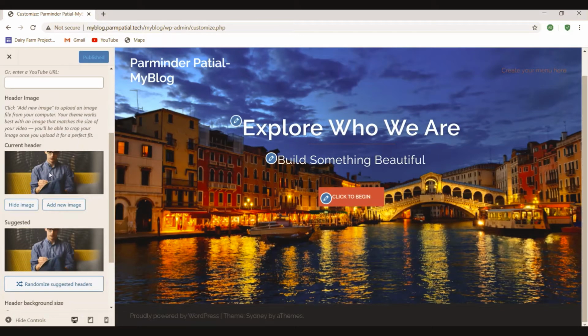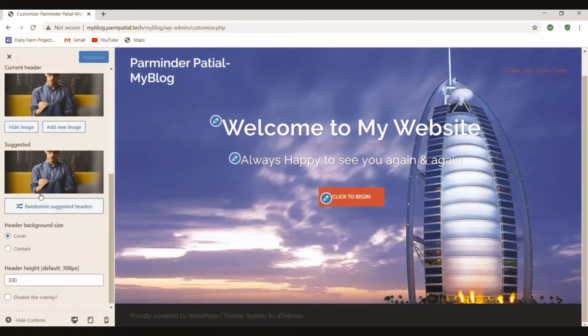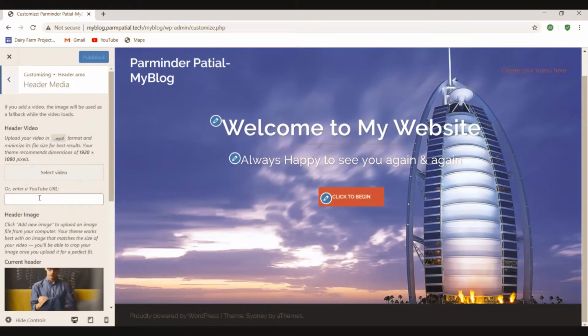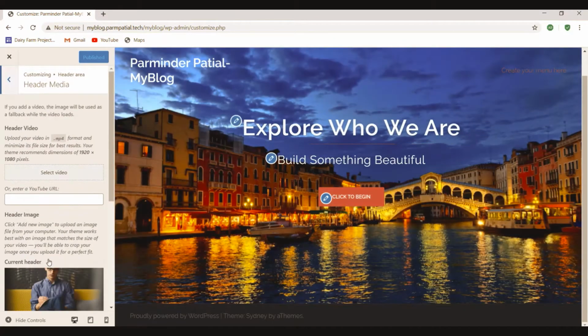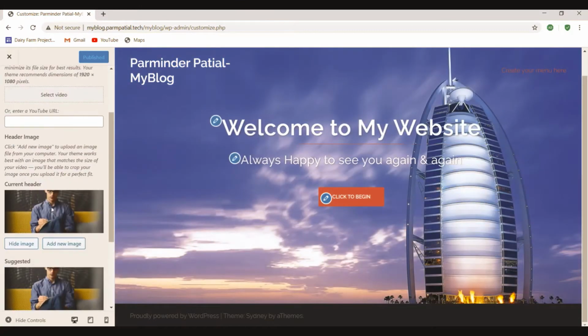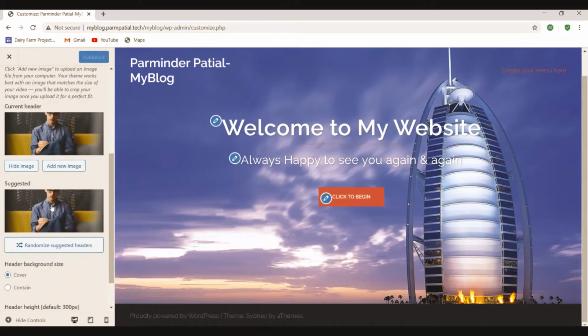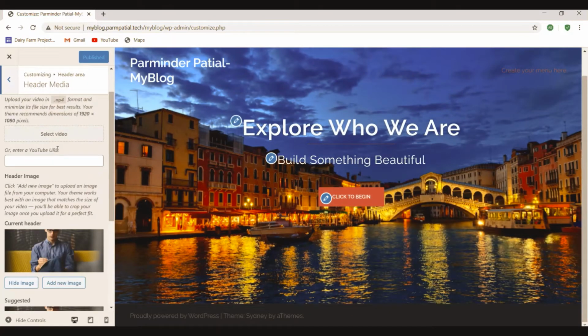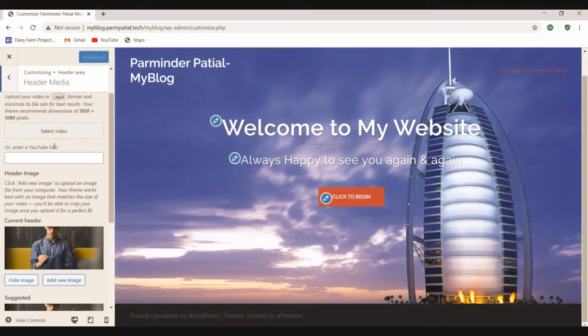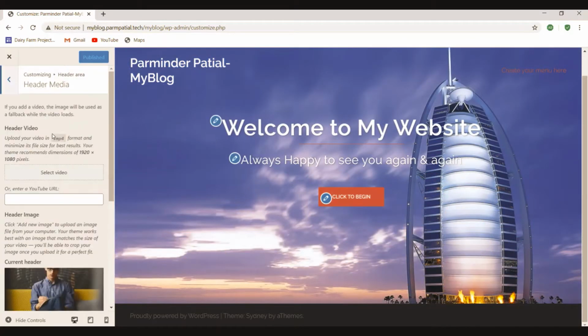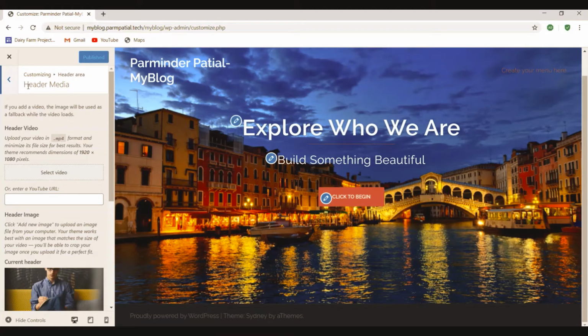We have selected the header image for us, and you can select both the header image as well as the video. The header image will display only until your video is loaded, as the video file takes time to load. So that's up to the mark till now.